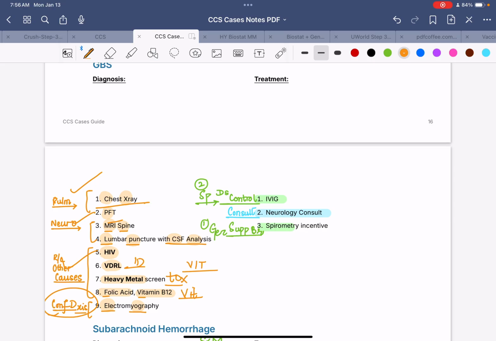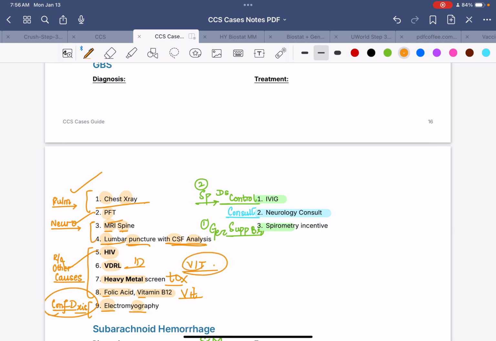So that would be the chest x-ray and the pulmonary function test. Then you want to establish some neurological issue, and that would be with MRI of the spine and lumbar puncture with CSF analysis, again, to rule out some sort of meningitis, right? Okay, next off, we have the ruling out of the other causes, and that I have memorized with the mnemonic